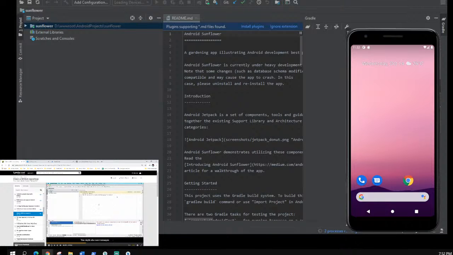You might also see messages asking you to install additional Android Studio plugins. For example, this README file is written in a language called Markdown, the .md file extension is recognized, and Android Studio offers to install a plugin that would let you work with this file more easily. I'm going to ignore that extension, and then to verify that everything was downloaded correctly, I'll select Build,